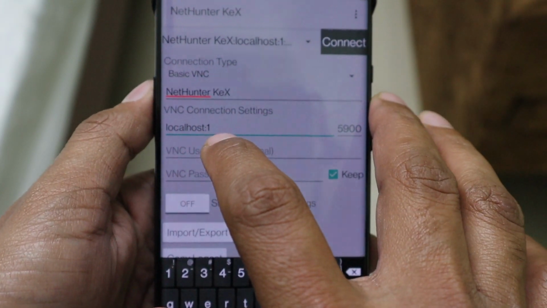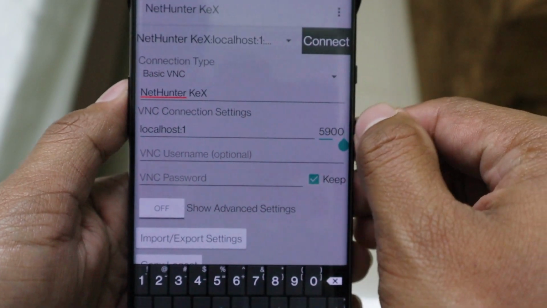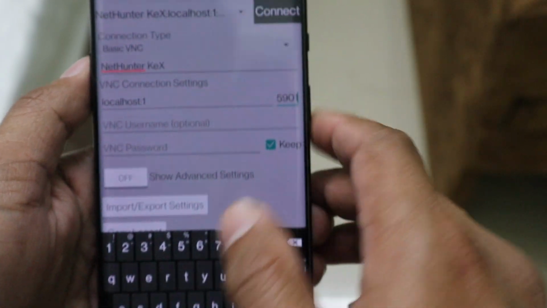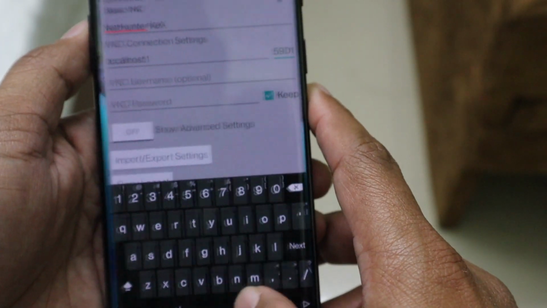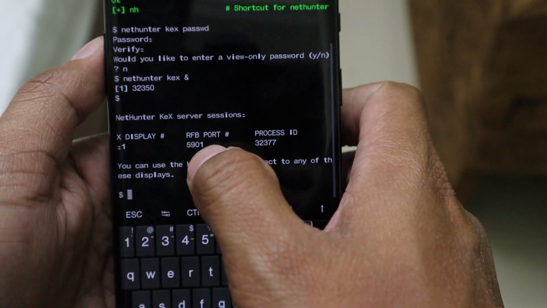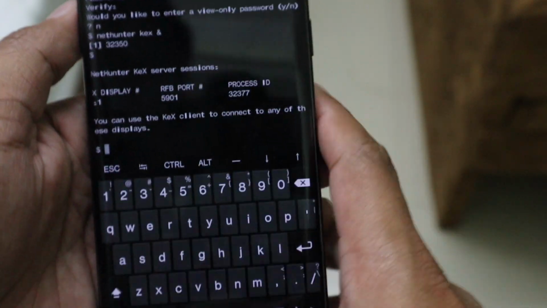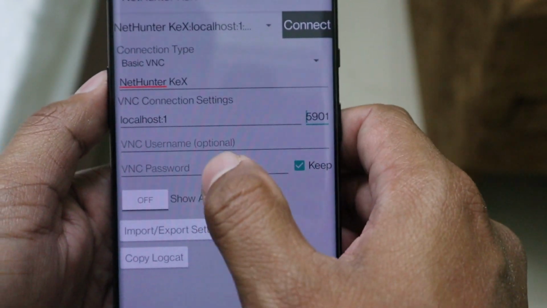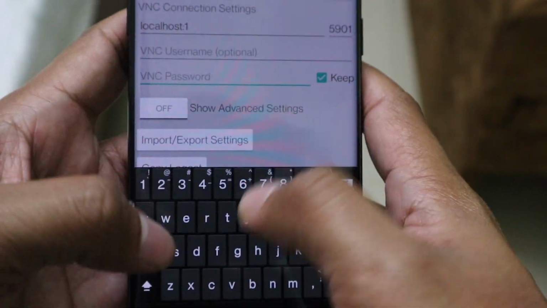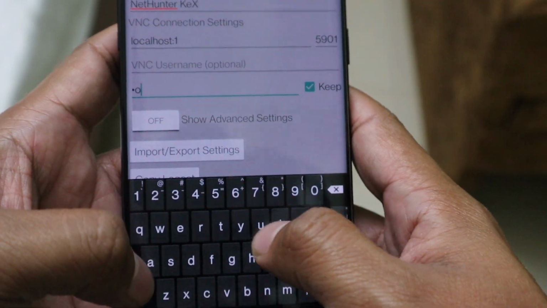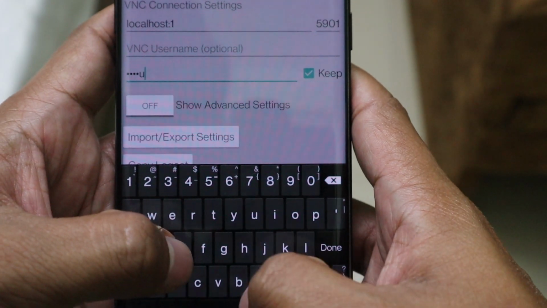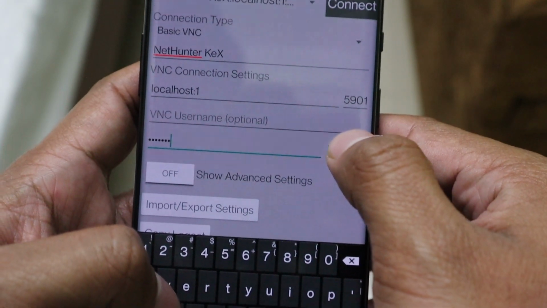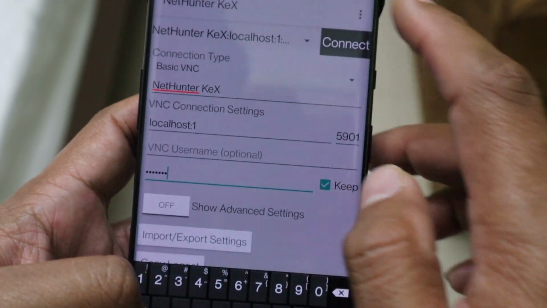Just keep this section unchanged, delete the last text and type 1, and make sure that 5901 is exactly the same as the port number given here, that is 5901, and the same for the NetHunter kex. After that, keep the password. The password we entered earlier was YouTube. I will click on keep, so I will not need to write it again. And now I will click on connect.